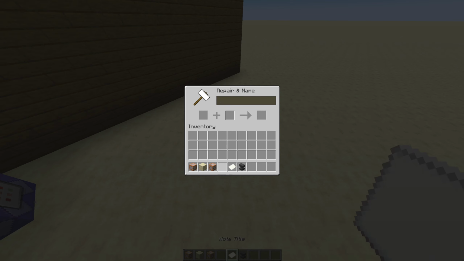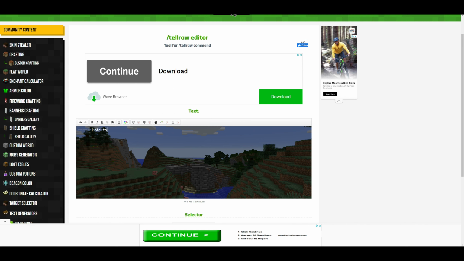Okay, so once you get to MINECRAFT.TOOLS, there's actually a lot of great tools on here, but you want to go down near the bottom and click on tellraw editor. So now here you can actually just type in what you want your message to be, and it'll generate the command for you. So I like to start off something like this. I can do note to John, and then under that is where I'll type, Dear John,